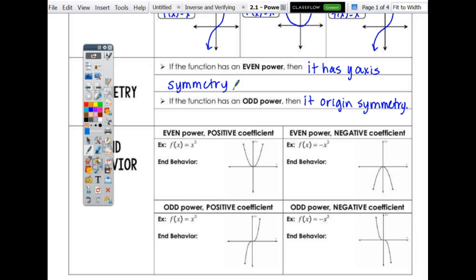So if I have an even power and a positive coefficient, so the coefficient in front of the power function is positive, then it's going to be like our parabola. And the end behavior, as x goes to infinity, f of x is approaching